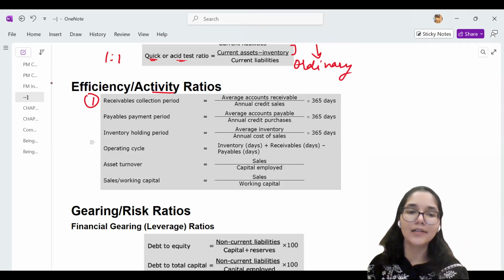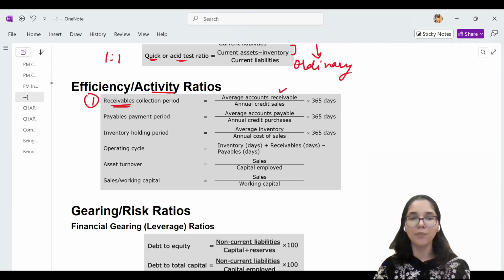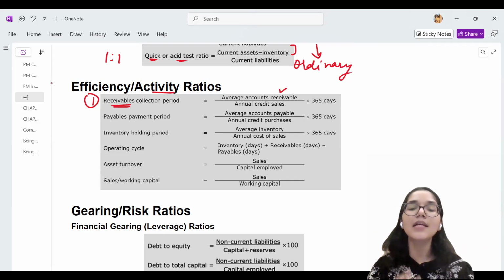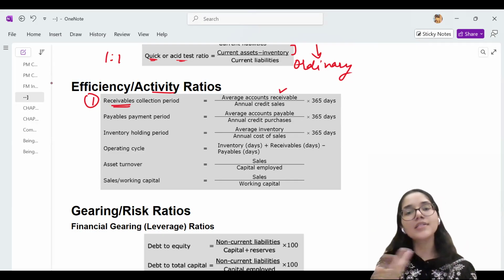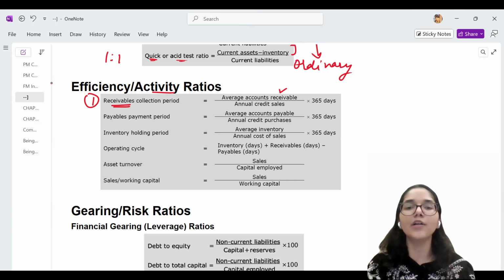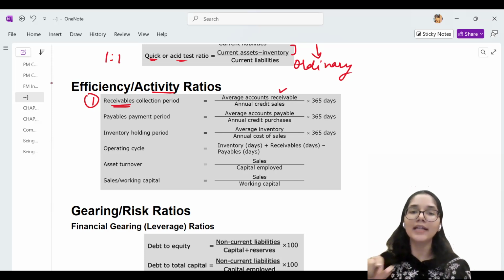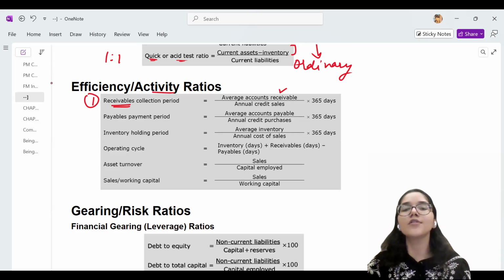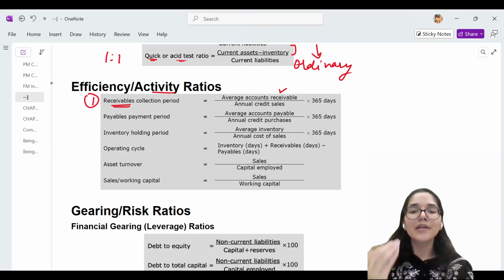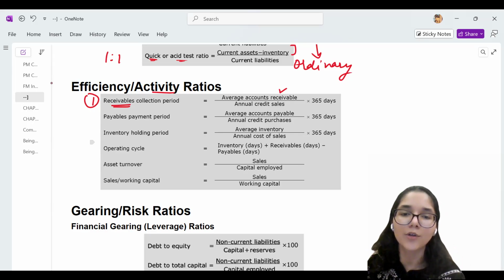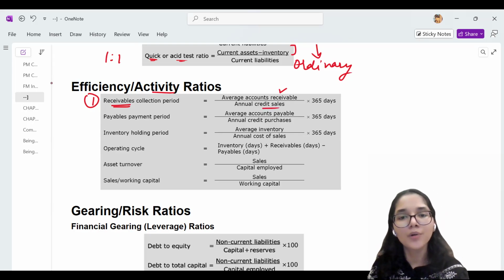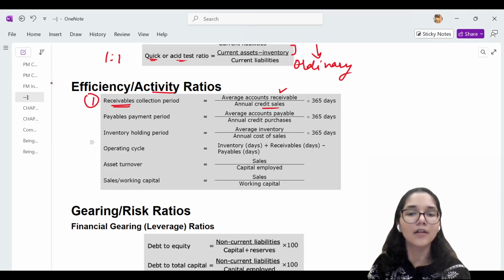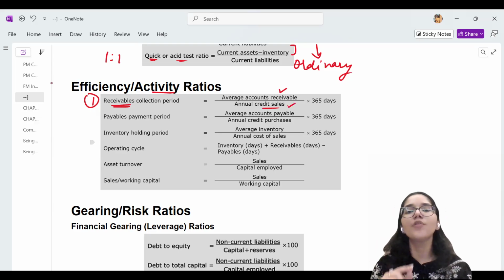So here, the numerator is going to be what you're calculating, which is about the receivable. So the numerator will be the receivable and the denominator will always be the reason why you have the numerator. Why do receivables exist? Because you sold something to your customers on credit. Just because you did not take the money right there when you made the sales, you have to take money from them in the future, because of which they become your receivables. So the reason why the business has receivables is because they do credit sales. So receivables will be your numerator. The reason why you have receivables will be the denominator, which will be credit sales. This way you will never forget the formula. Just always understand the logic.